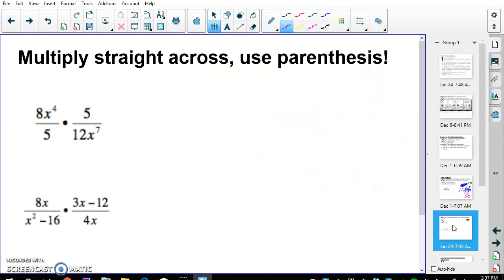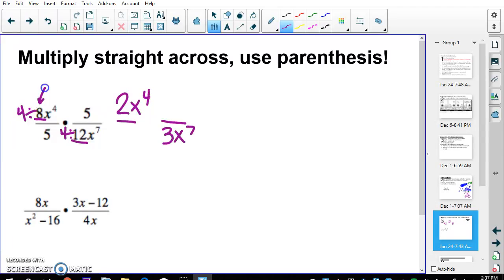All right, now let's try some multiply. The first one is actually way simple, simply because there's no pluses or minuses, so I don't have to factor anything. I can just start simplifying. So I'm going to start here at the 8. Can the 8 cancel with anything? And I say, kind of, sort of, it can simplify. The 8 and the 12 can simplify. So over here, 8, what goes into both 8 and 12? 4 does. So I can divide by 4, and I get 2x to the 4th, and down here I get